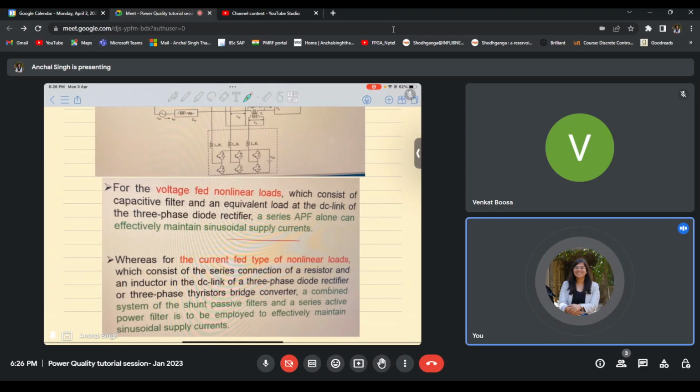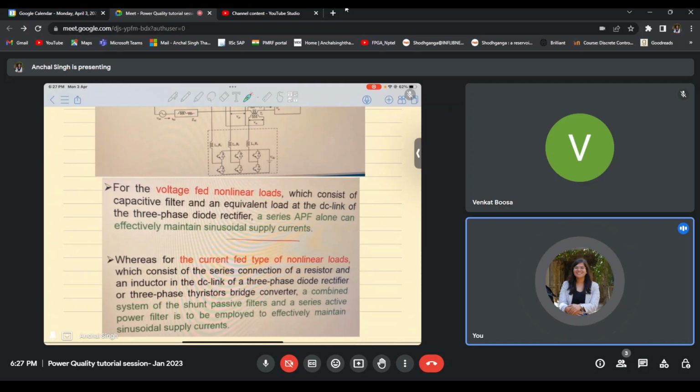And so voltage fed loads and current fed loads, we have already been discussing these things, right? Voltage fed loads are the ones whose output is sort of fixed, or there is a capacitor or a voltage source attached at the output of these kind of loads. So they are called voltage fed type of load. When the voltage is fixed at the output, we know that the direction of current will change, right? And when we know that the current is varying in nature, we need to take care of